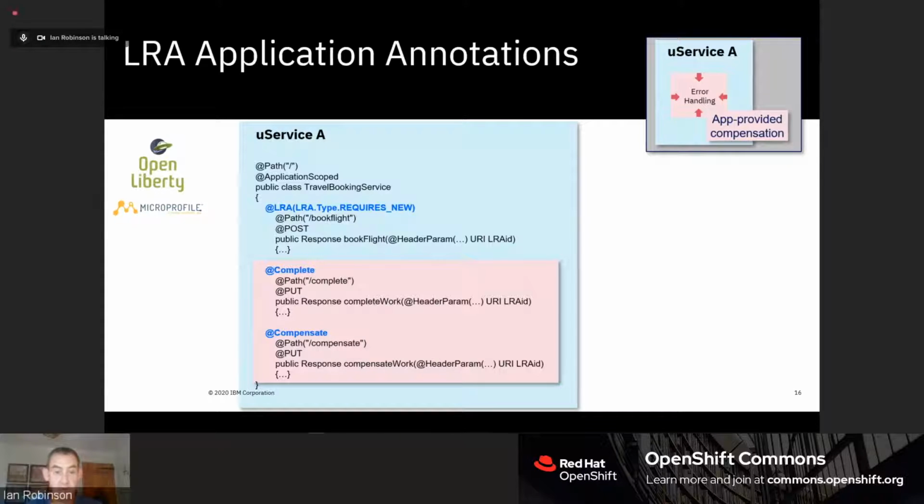So either a method annotated as the complete method for this microservice will be run, or a method annotated as the compensate method for this microservice will be run. It is the responsibility, obviously, of the application developer to provide those methods, but it is not the responsibility of the application provider to decide if and when those methods are run.